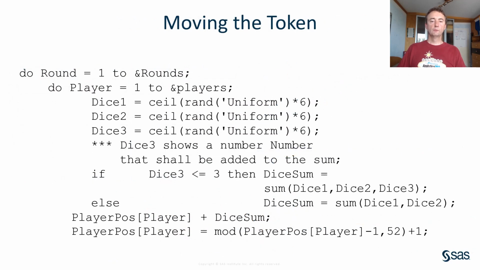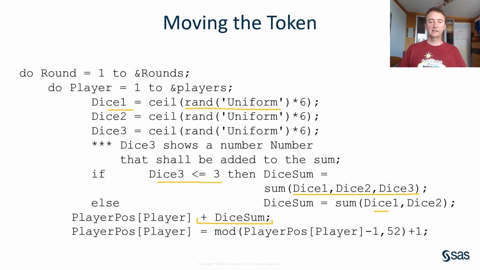And also moving the token is something where I used random number functions, like, for example, the uniform distribution to simulate the dice. Then I added up the dice where I said, okay, if the third dice shows a number, then the dice sum is the sum of the 3 dice. Otherwise, it's just the sum of the 2 dice. And here you see that after the dice were rolled, I'm just increasing the position of the player by the sum which has been